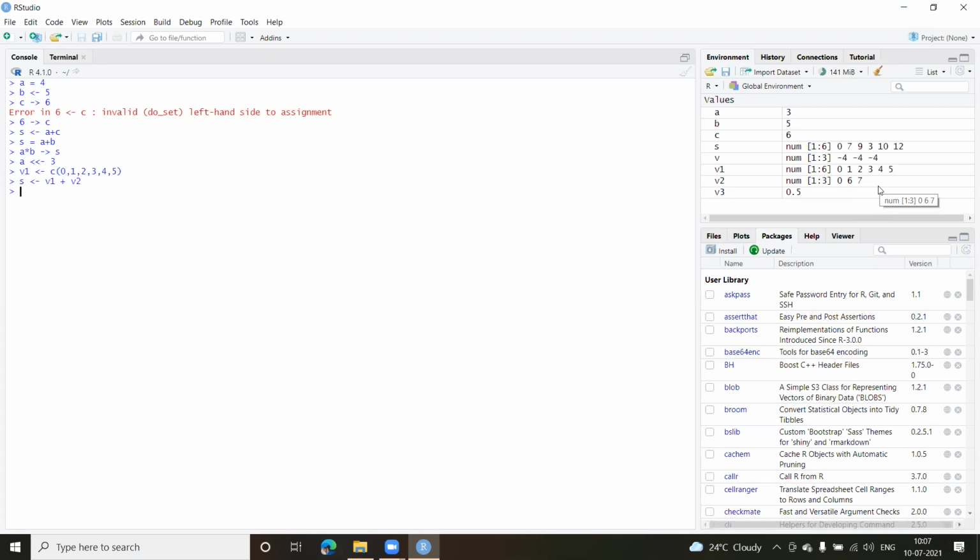Like last time also, if you remember, in the last lecture there was some example where it went into rotation. The same thing is going to happen when we do subtraction, multiplication, anything. If the number of elements is less, it goes round back and uses the first element, second element, third element, and so on. And that's the beauty and even the confusion part of R programming. But if you do the same thing in some other programming language, it might not work out.